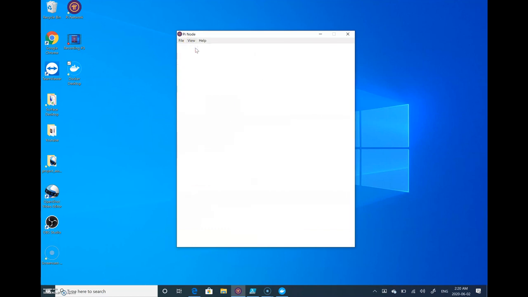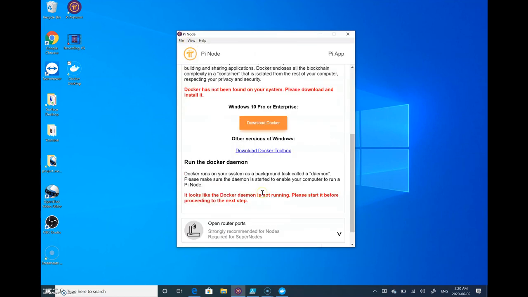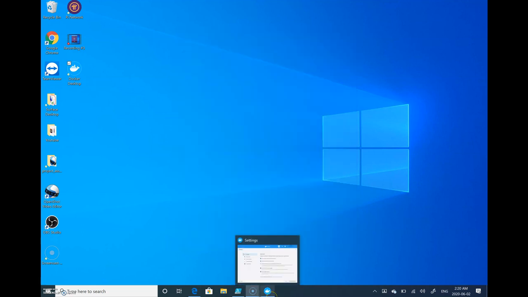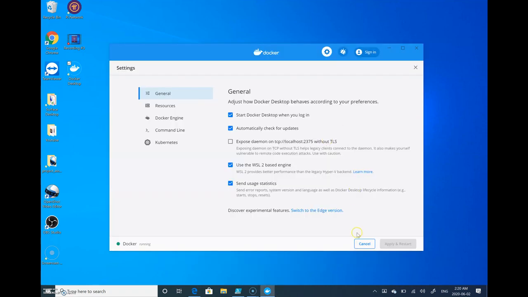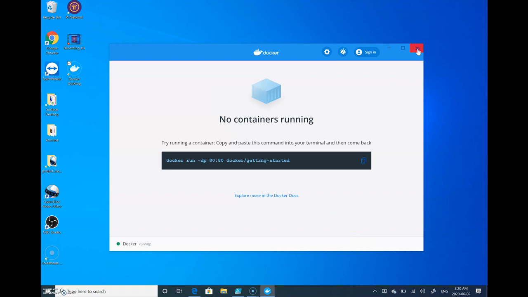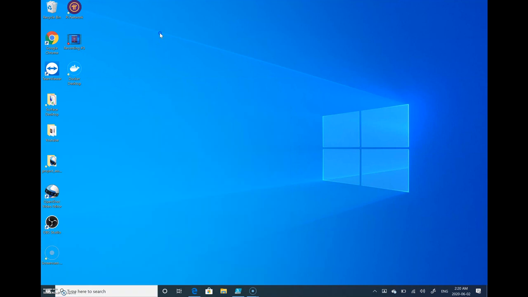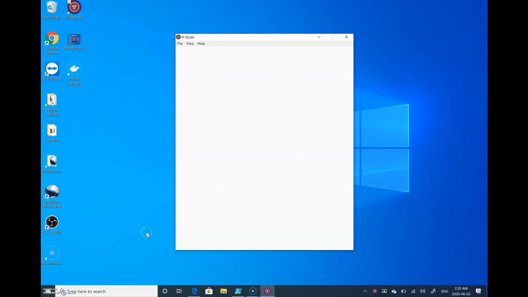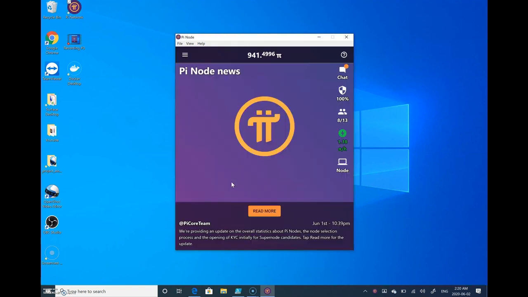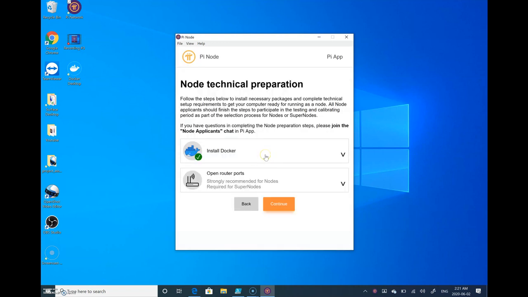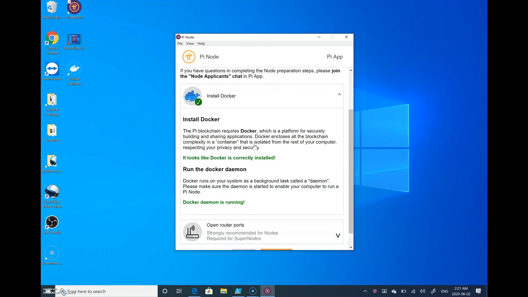So let's do another reload. Try to exit. There you go. I tried a few reloads, it didn't work, so I simply closed Docker, closed the